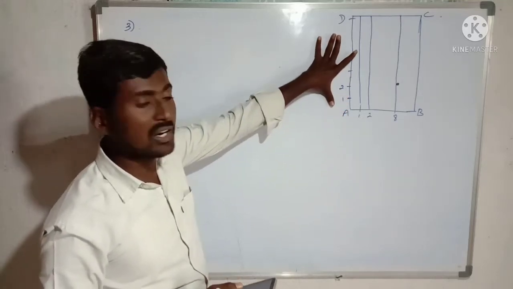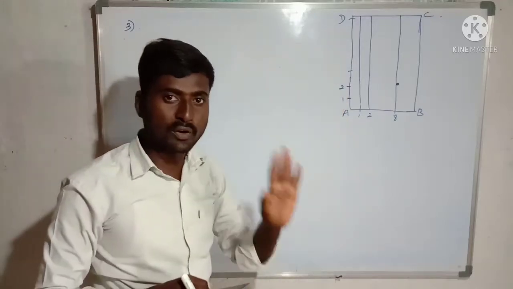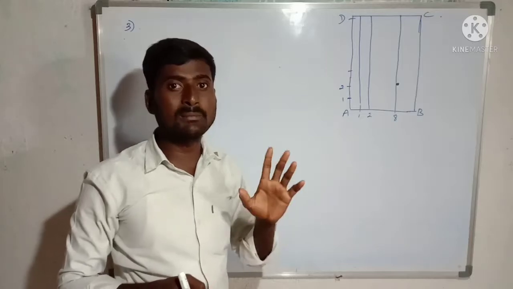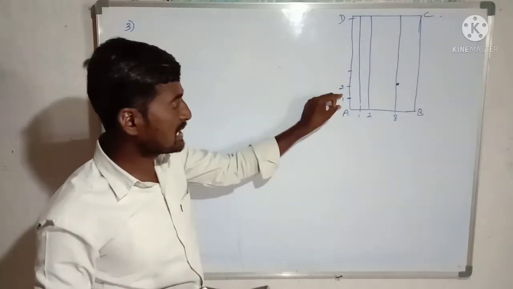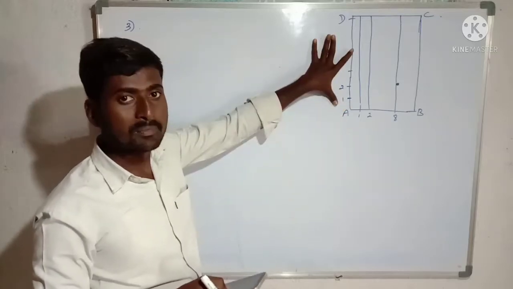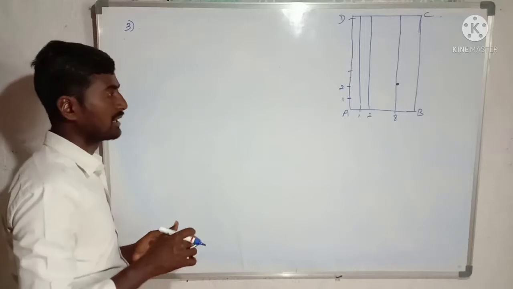So what is the length of AD, I will ask now. Along AD there are 100 flower pots. Therefore the length of AD must be 100 meter, because each pot is at a distance of 1 meter. So there are 100 pots. Therefore length of AD is equal to 100 meter. Then now